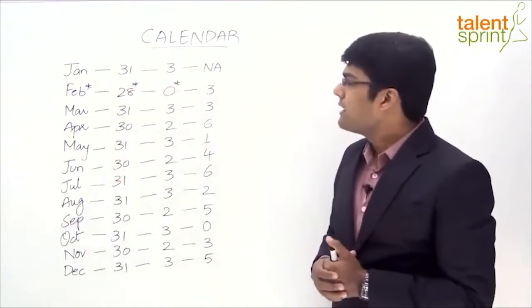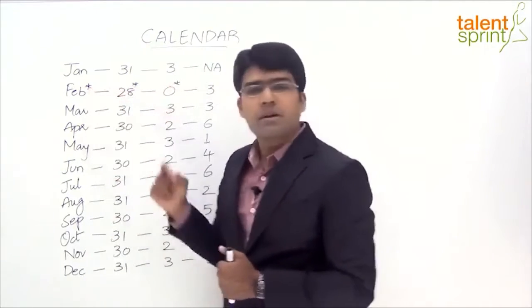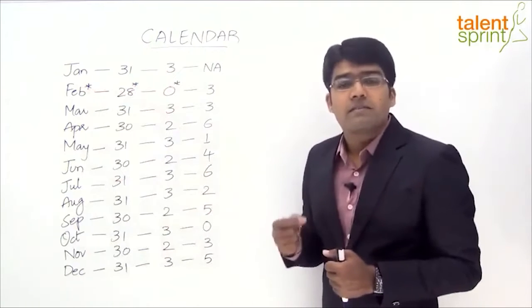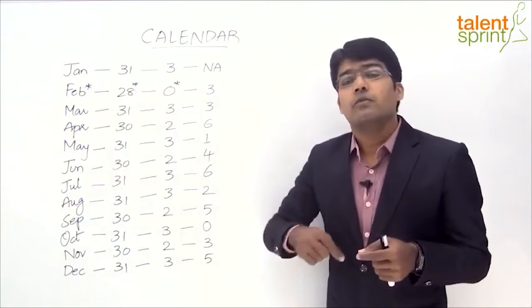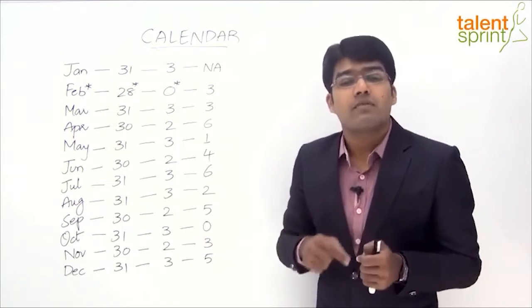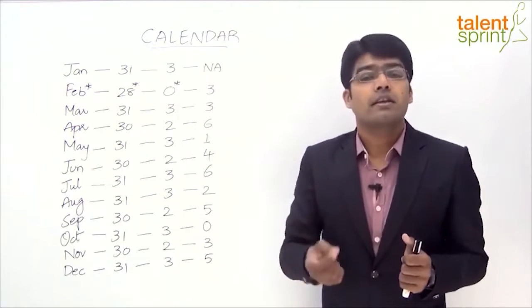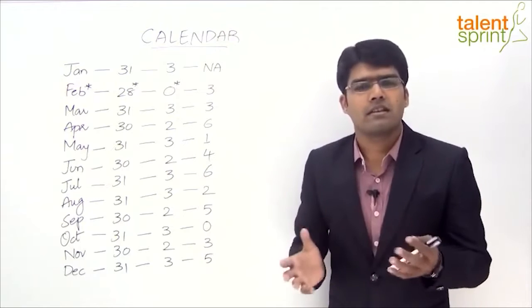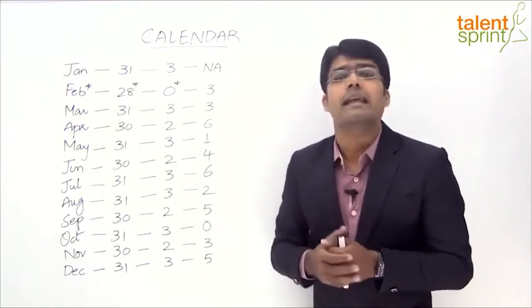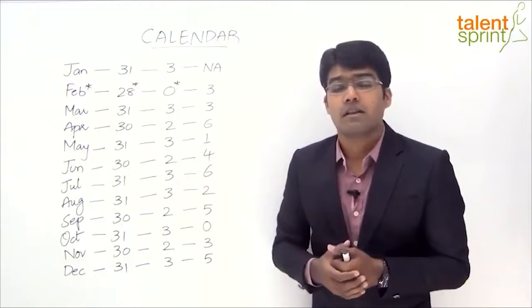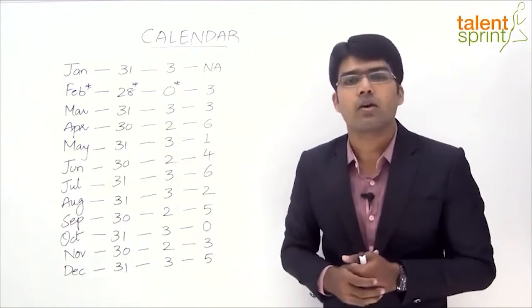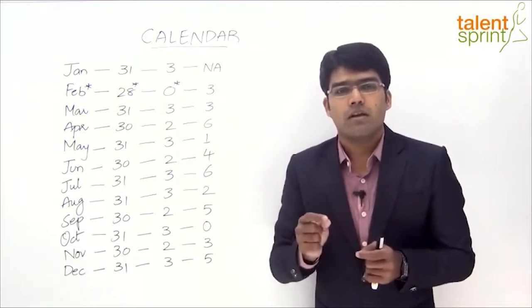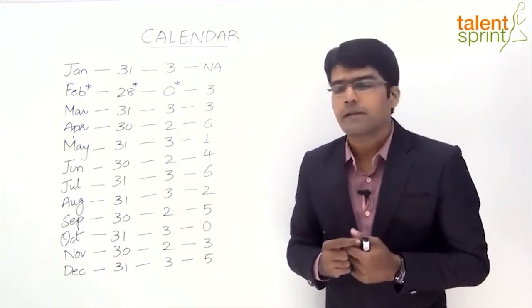to December. And we have a star mark here for the month of February, which means that we need to be a little careful when it comes to that month. And the reason here is that February will have different number of days based on an ordinary year or a leap year. If it is an ordinary year, the month of Feb has got only 28 days, so 0 odd days. But if it is a leap year, Feb will have 29 days. That means there will be 1 odd day.